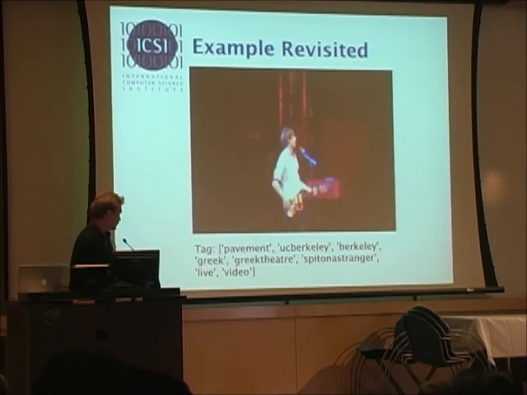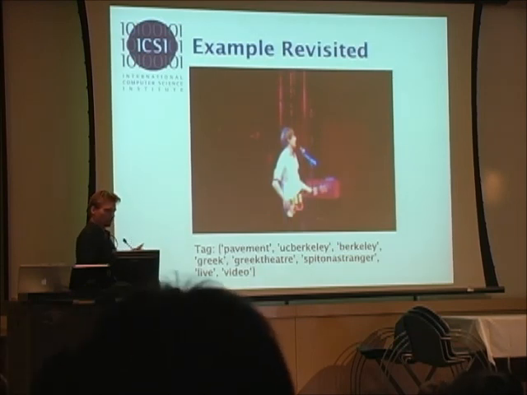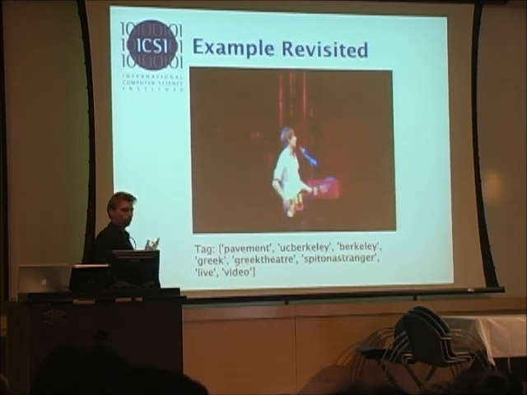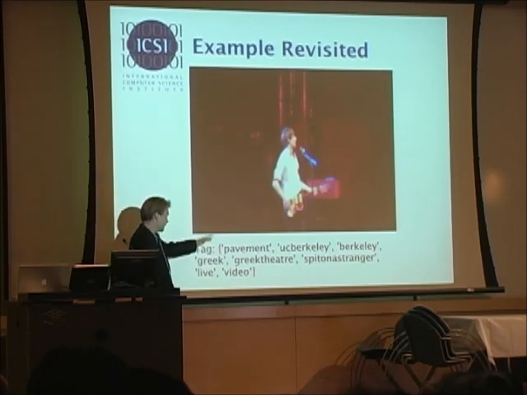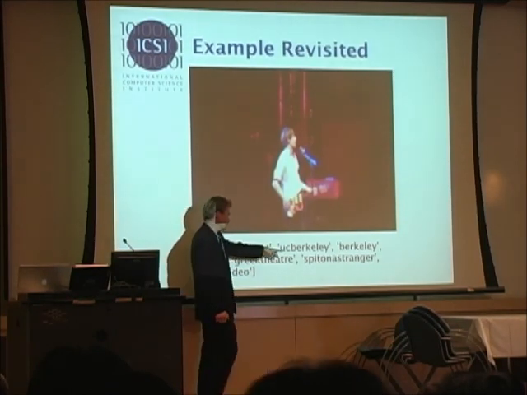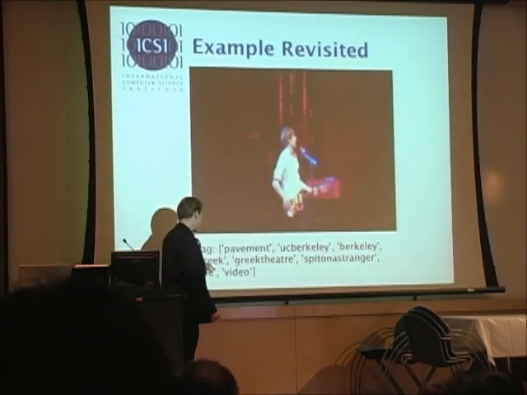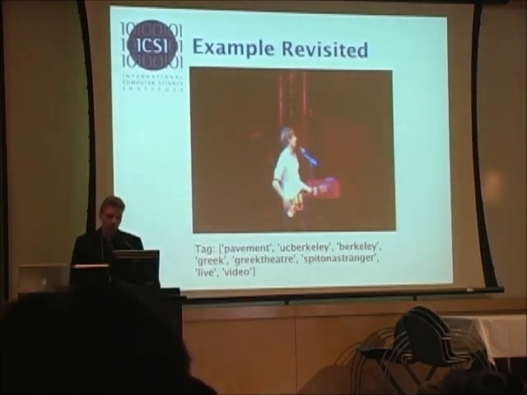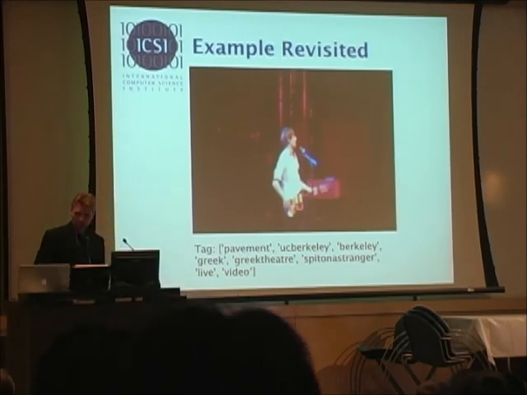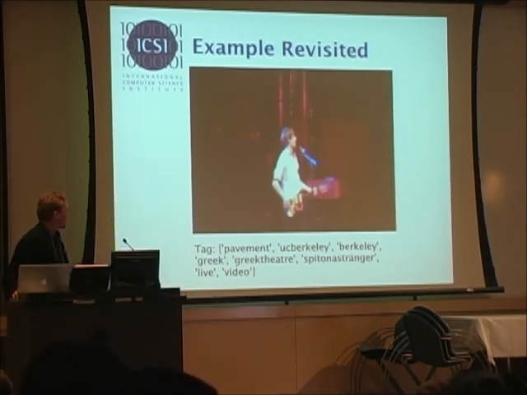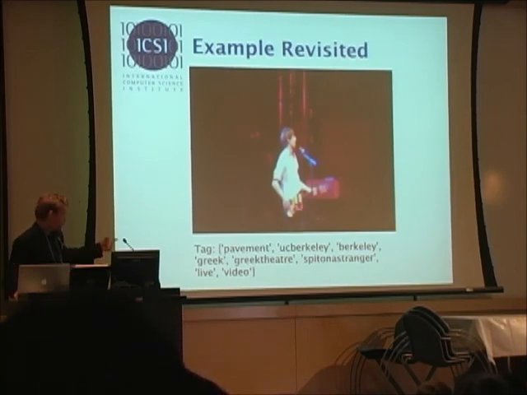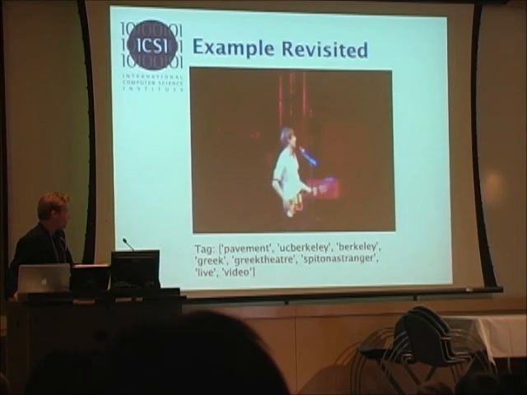So now what we have here, and of course I'm just making this easier for you. It's not that we can only locate videos with text, but I want to give you the intuition of the approach. So now you see in the text: pavement, portrait, Greek theater, spit on a stranger, live. By the way, the video is a town and reserve, but that's not what matters. Just picking this example to make it more visual for you.